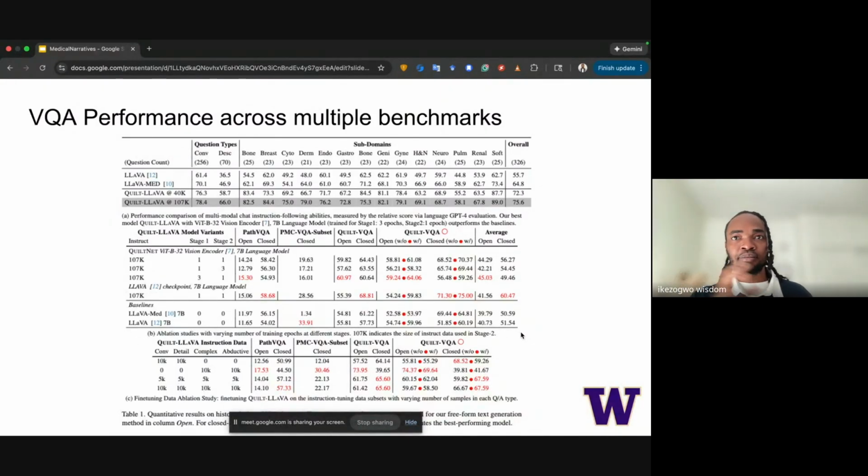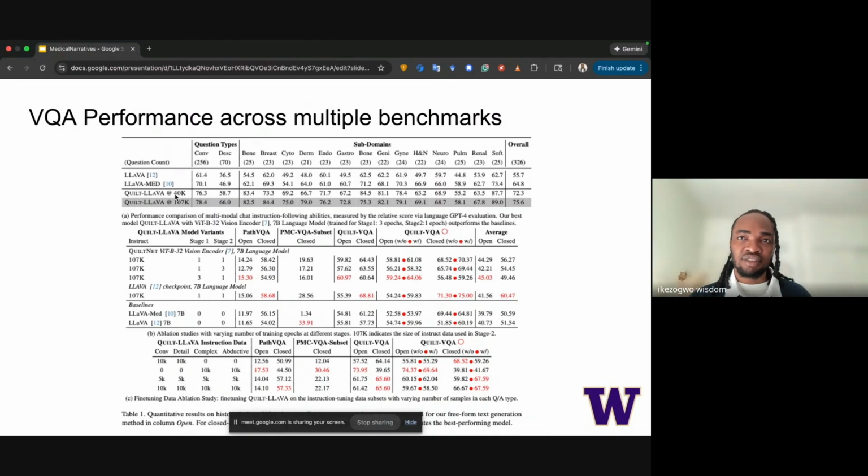On the GPT-based alignment evaluation across 14 subpathologies, Quilt-LLaVA variants beat the baseline. Our lightweight recipe here, which we only trained on 40K samples to start, improves over LLaVA and LLaVA-Med by 16 and 7% respectively.